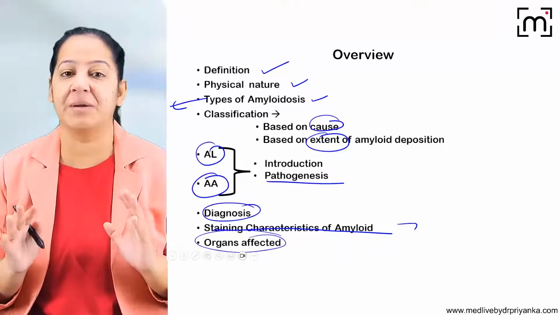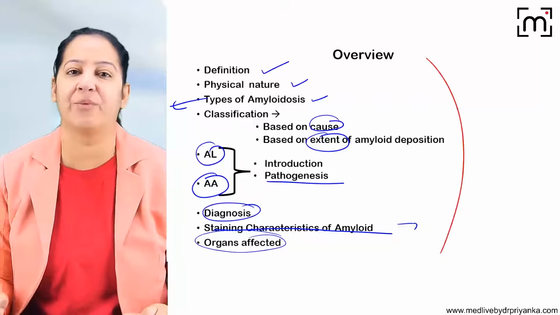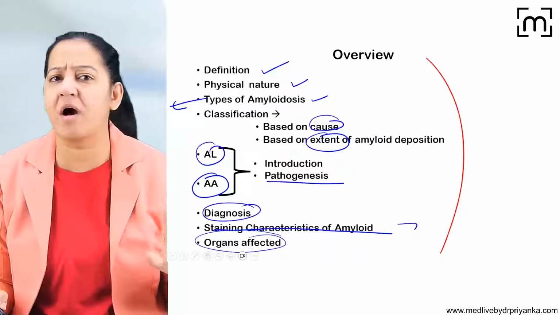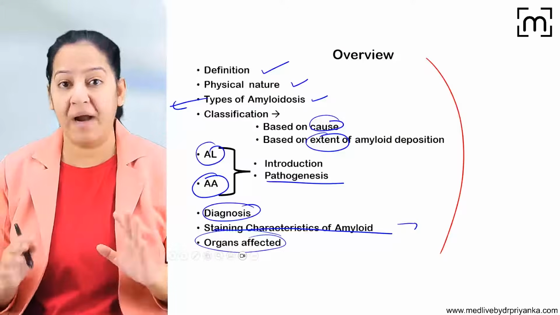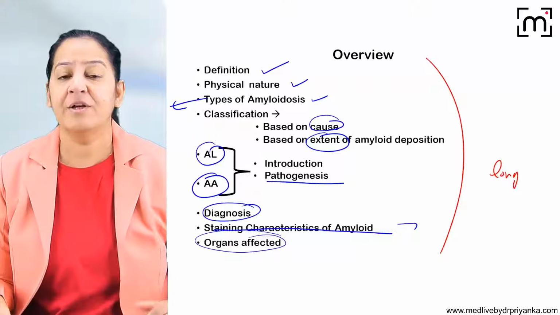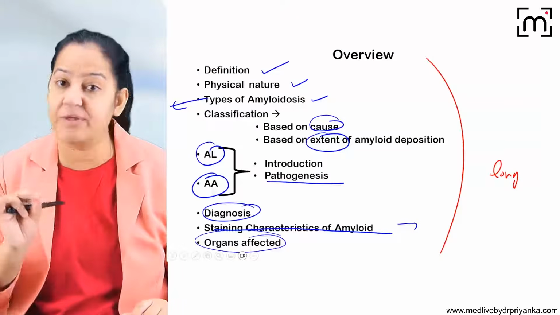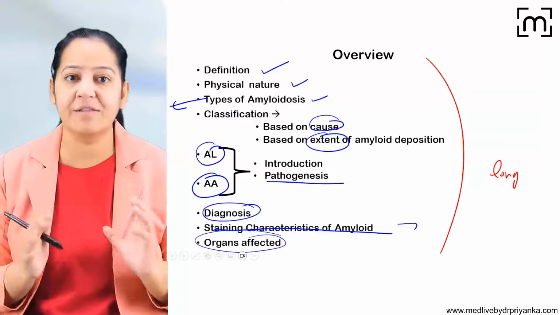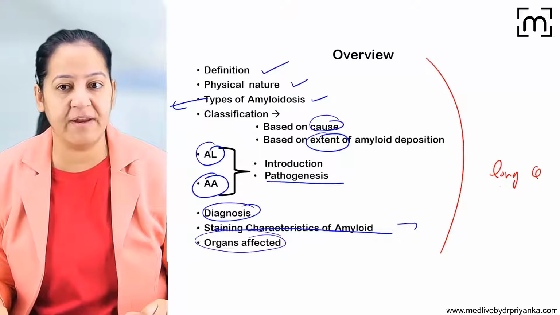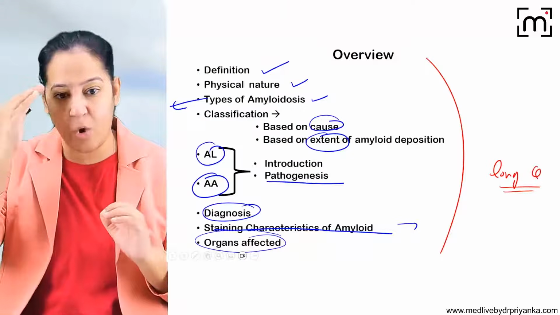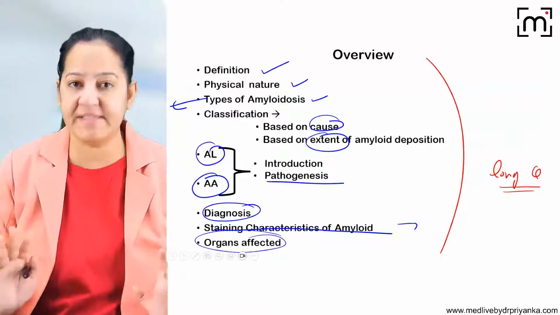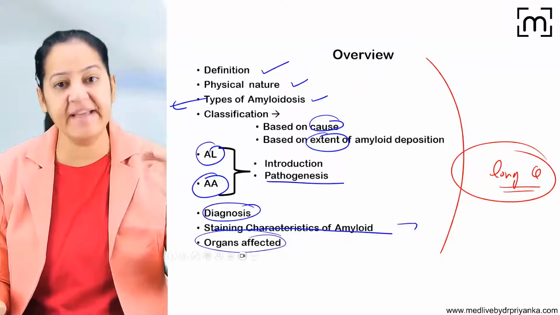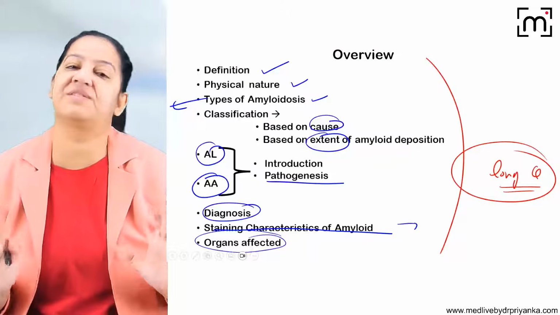So if you are getting a long question, my advice to all of you is to learn this overview, because inside the overview, I will explain everything and it is conceptual. You will understand it. You don't have to mug up anything here. But in your exam, when the long question comes, you may not remember the headings under which you have to describe your answer. So my advice to all the second prof university exam aspirants is to learn this overview, so that if an amyloid long question comes in your exam, before starting your answer, you make an overview in your mind that I'm going to write my answer under these headings. So always write your answer, especially the long answer, in particular headings and subheadings if you want to get a gold medal or distinction in your exam.